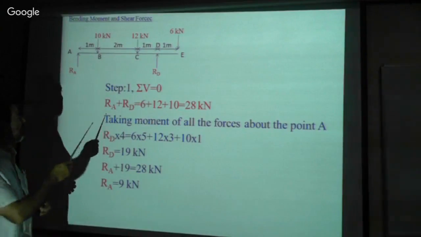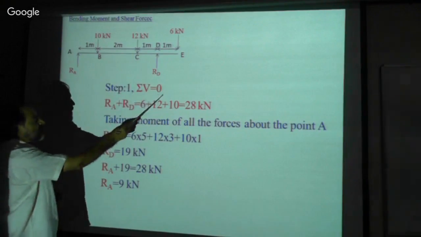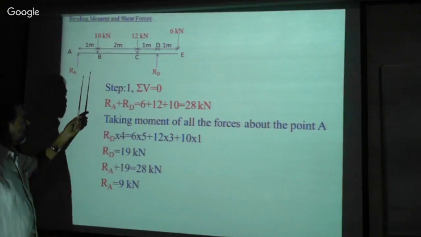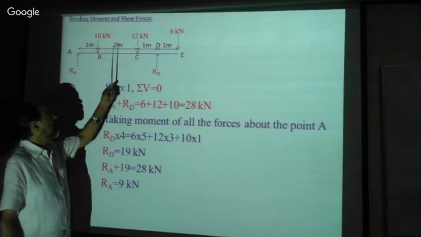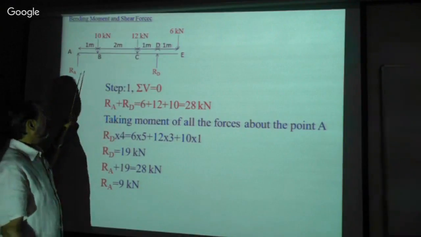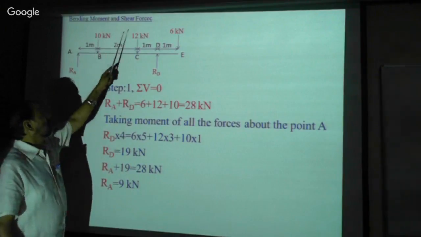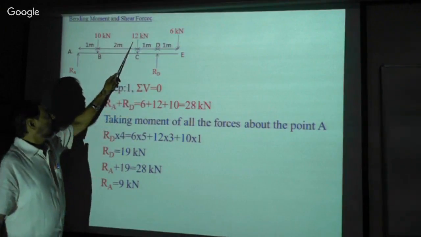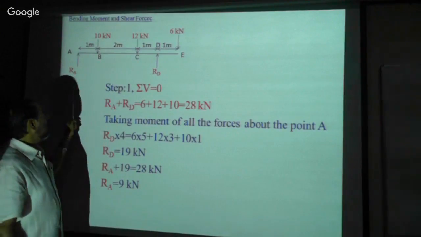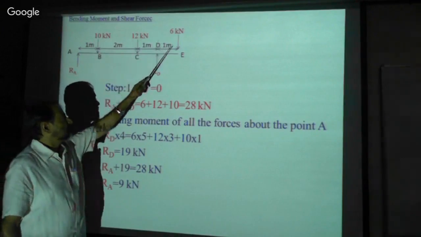Isn't it? See, now that upward force, that is sigma V is equal to 0. In the conditions of equilibrium, sigma V is equal to 0, which means sum of upward forces is equal to sum of downward forces. That is the condition of equilibrium. It has to be satisfied. Therefore, RA plus RD is equal to 6 kilonewton down, 12 kilonewton down, and 10 kilonewton downward. Therefore, RA plus RD is equal to the sum of the downward forces. It is 28